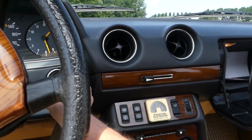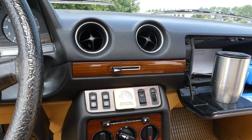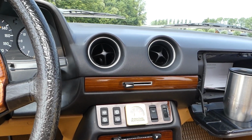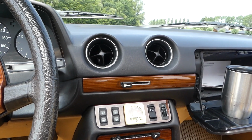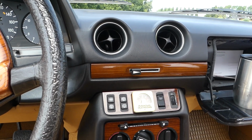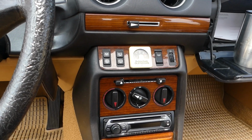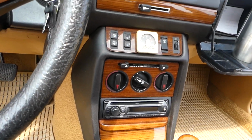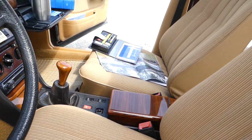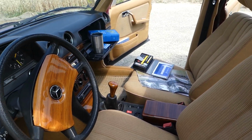As a 3rd series car, because after all she's from the end of the runtime of the 123 series, she was already equipped with the zebrano wood on the dashboard. We've taken that theme and replaced the black plastic switch panel, heater knobs, the ashtray, gear knob, and the zebrano box. Oh, did I already mention she has 4 power